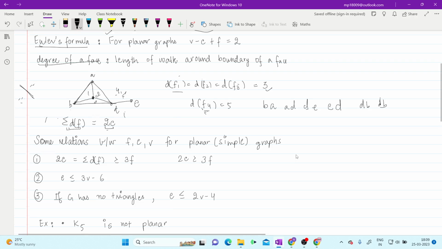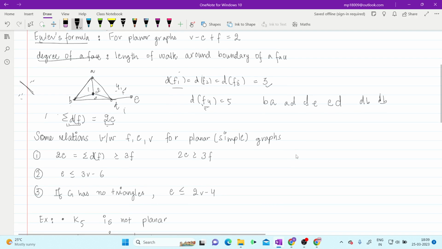And now we have some relations between faces, edges and vertices of a planar graph. So we had this first relation, the Euler formula, which was V minus E plus F equal to 2. Now if our planar graph is simple,